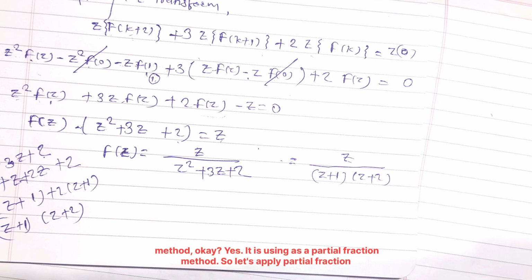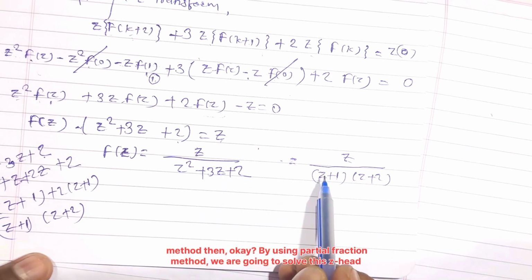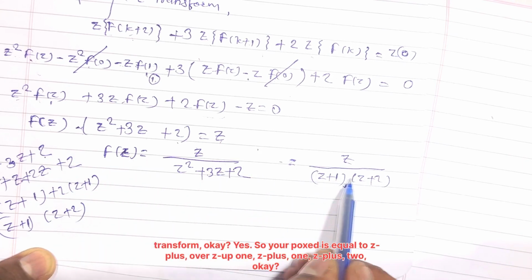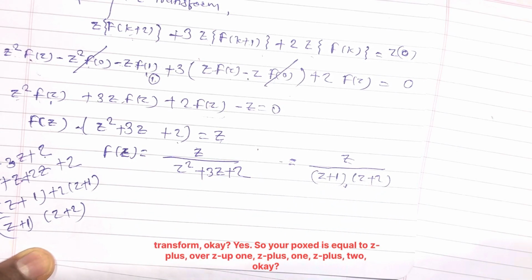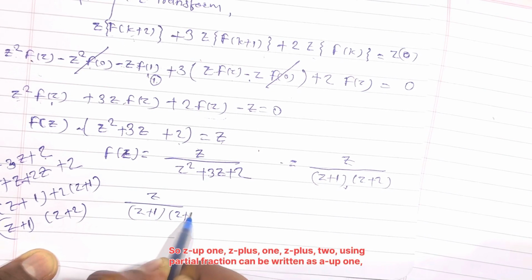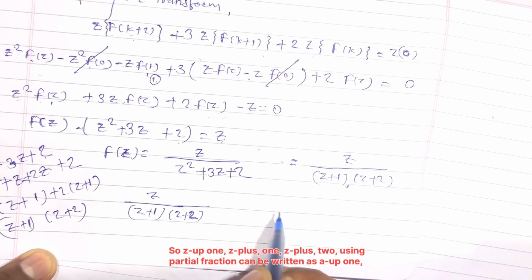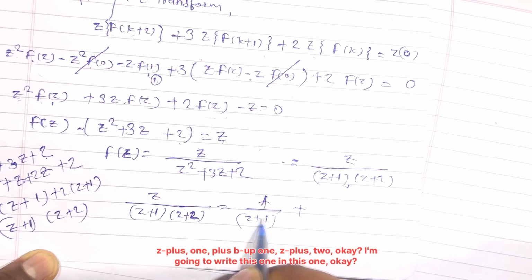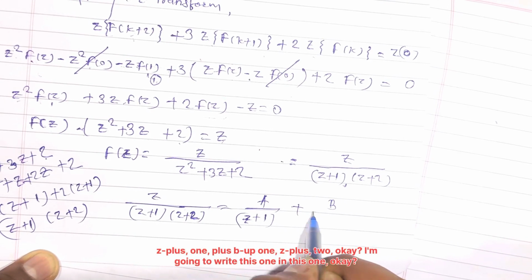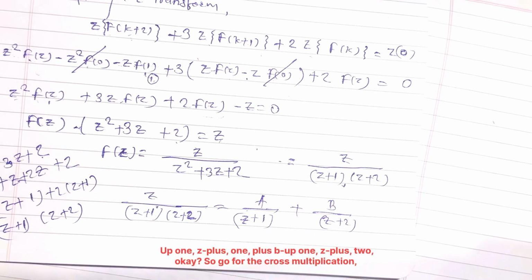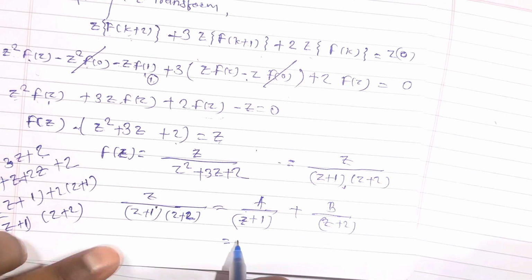So let's apply the partial fraction method then. By using the partial fraction method, we are going to solve this Z transform. So f of Z is equal to Z upon Z plus 1, Z plus 2. Using partial fractions, this can be written as A upon Z plus 1 plus B upon Z plus 2. I'm going to write this in this form, A upon Z plus 1 plus B upon Z plus 2. So go for the cross multiplication, A into Z plus 2,